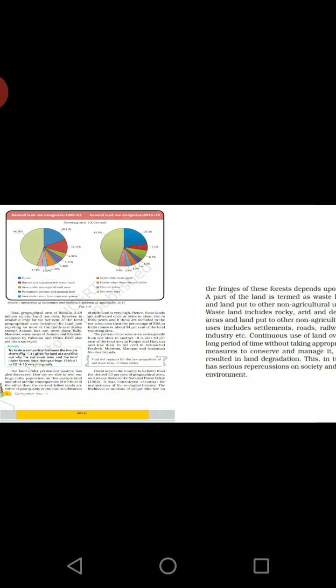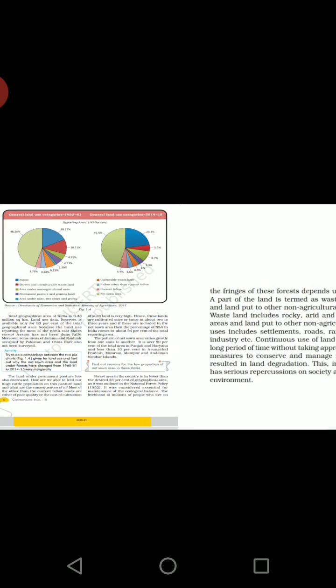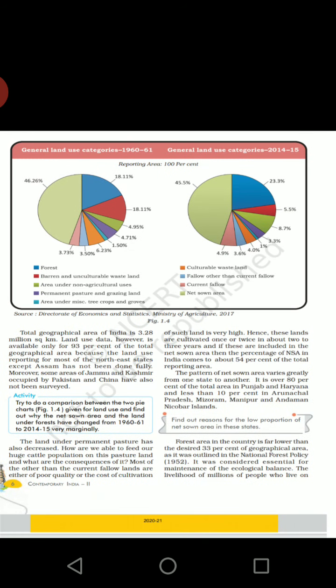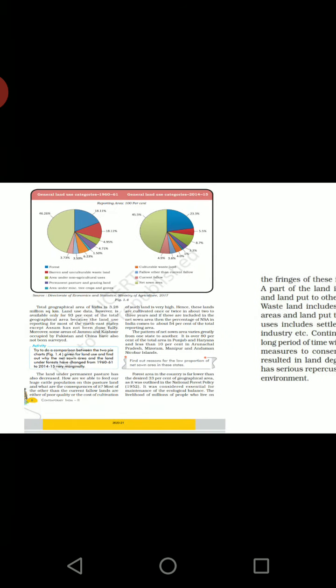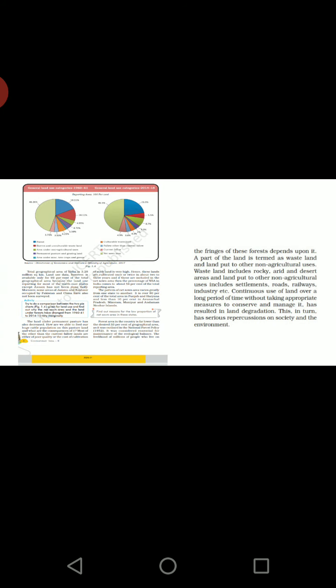Today let us begin with the land use pattern in India. Our topic will be these 2 pages, where we have 2 pie charts showing the land use pattern of India for 2 different years: 1960-61, and 2014-15 as per the latest record. We have to follow the latest book in order to learn the further things.